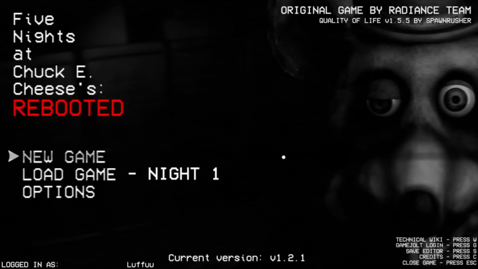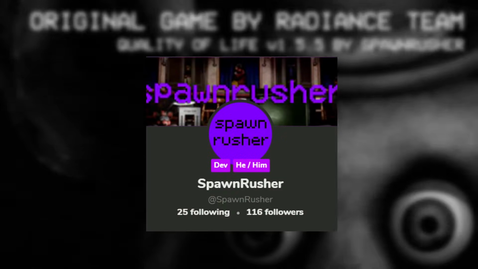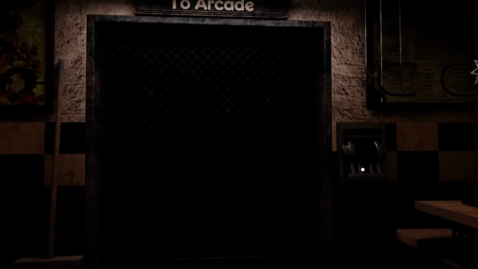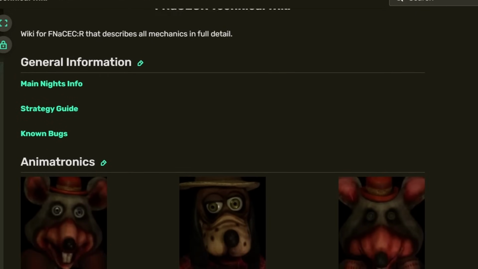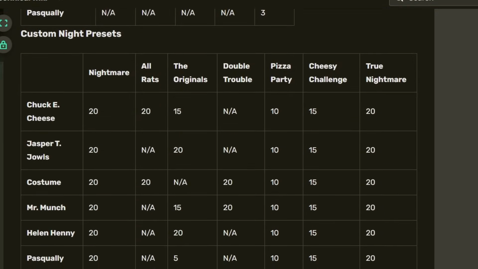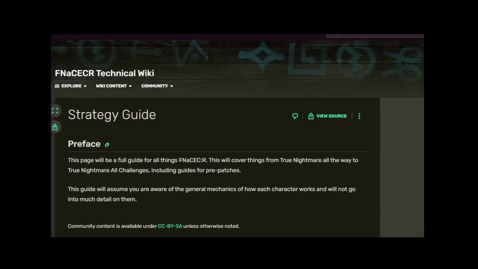So to start things off, let's talk about the FNACECR Quality of Life mod, made by Spawn Rusher. This mod contains lots of additional settings to make the game overall better and more enjoyable. In the menu on the bottom right, you have the technical wiki, which takes you to the wiki page of this game. In this page, there is a lot of information about each of the animatronics, how they work, and many other things. There's even a strategy section so you can learn how to beat True Nightmare and...